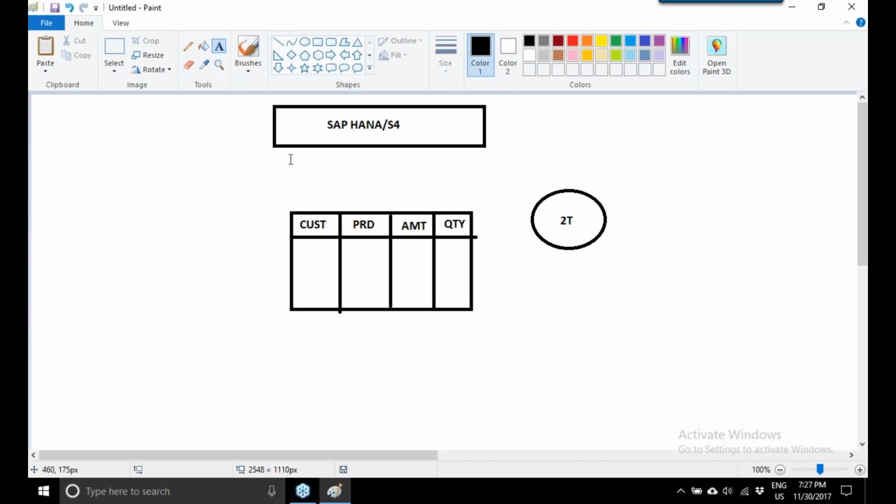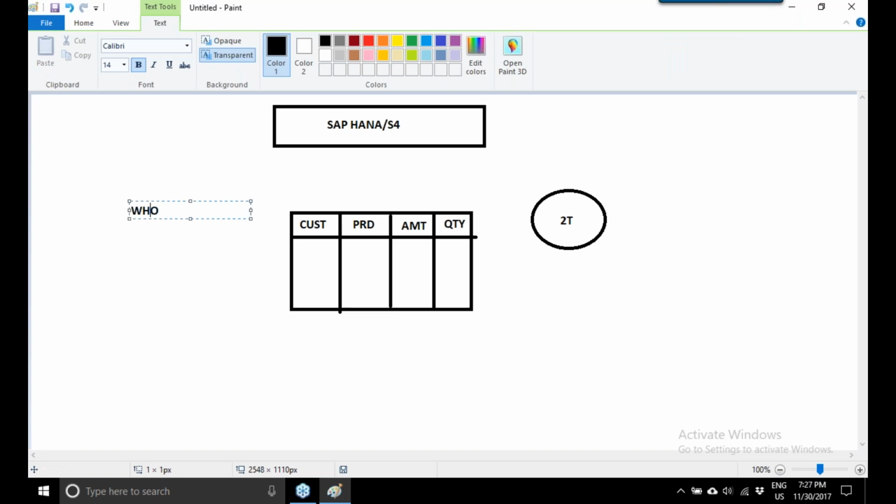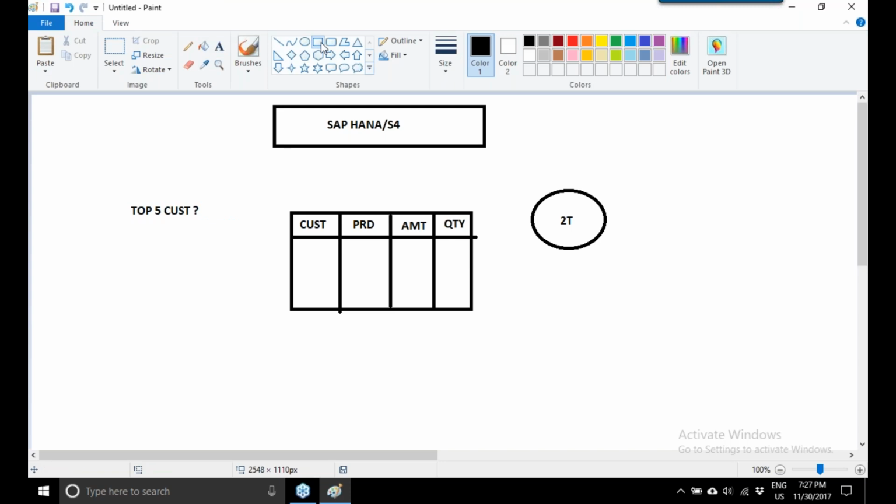And we are asking a very simple question: who are my top 5 customers? In order to get the answer to such a simple question, when a table has 4 columns and the volume of data in this table is more than 2 trillion records,